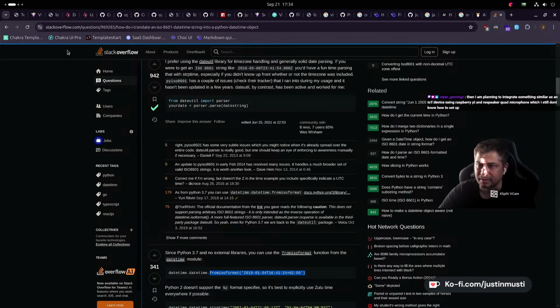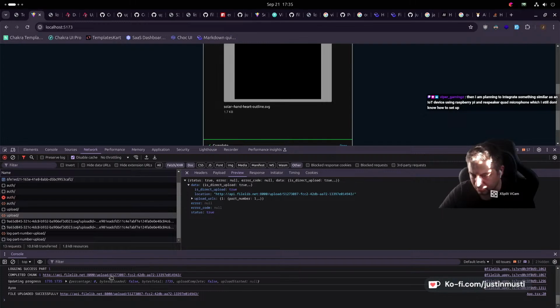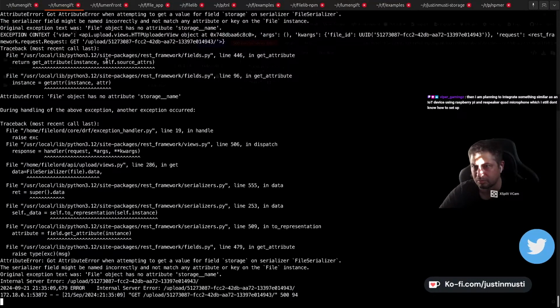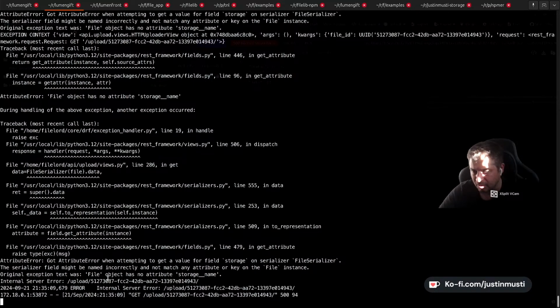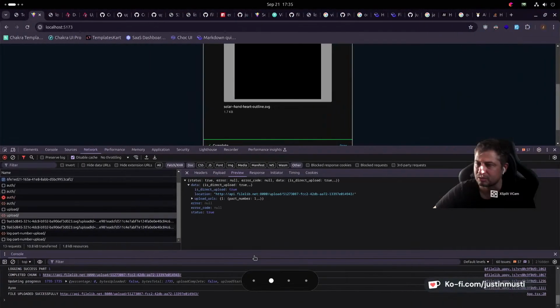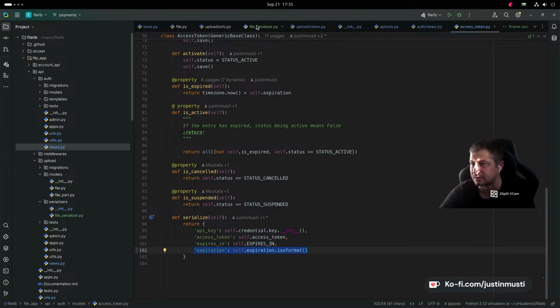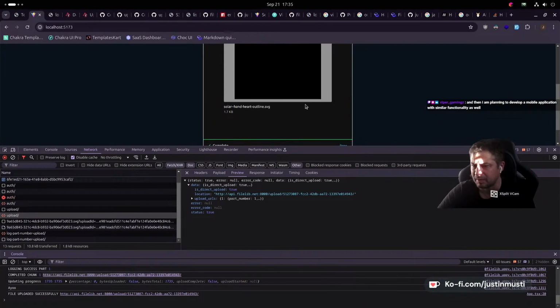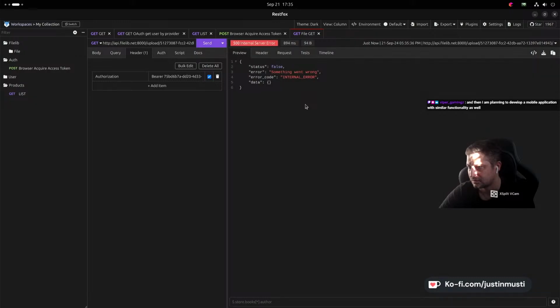I need that ID now that we created here. Okay, let's test this, right? Something went wrong. Attempt to get a value for a field storage on serializer file. Serializer field will be named incorrectly and not matching an attribute or key on the file instance. Project has no attribute storage underscore name. Okay, so I'm getting somewhere. So here, I wonder if I can do this. I need to be able to reference it